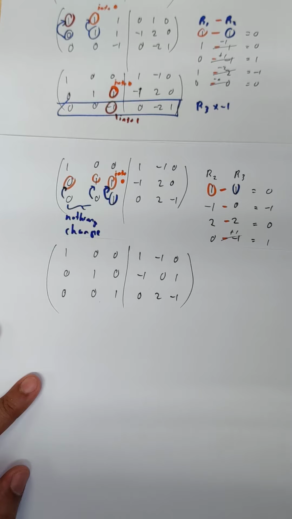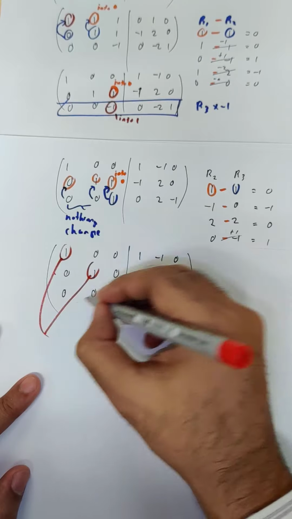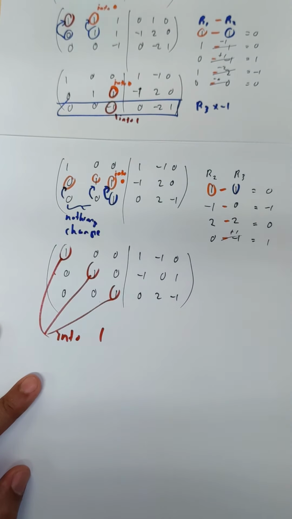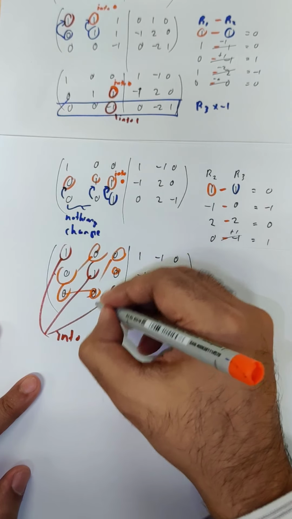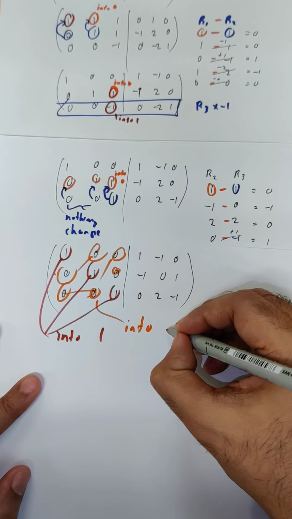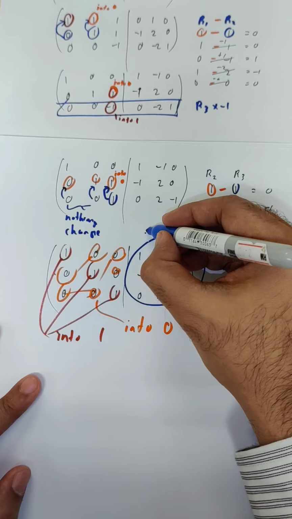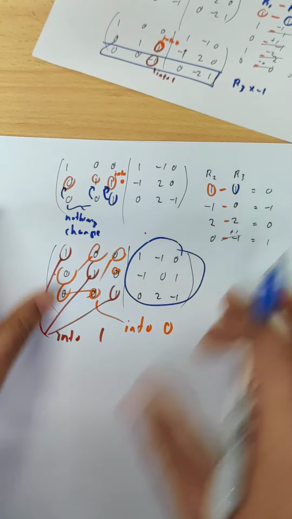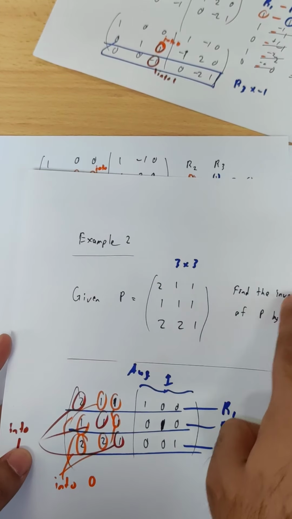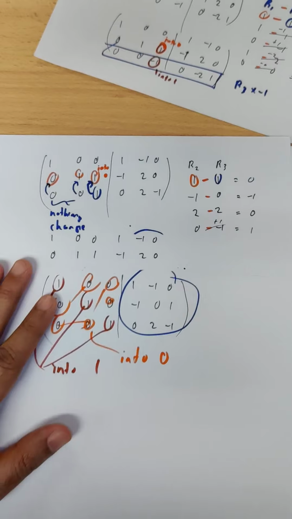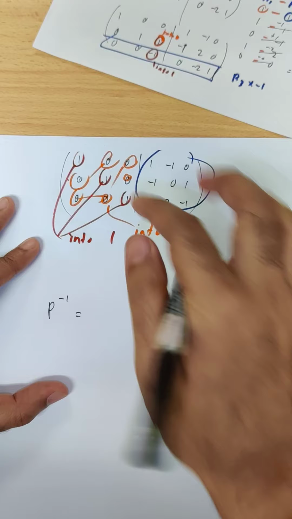Okay, so now we have reached what we were trying to achieve just now. We got ourselves 1, 1, 1, as I mentioned just now, into 1, and the rest of it remains as 0. So if we have reached here, what does it mean? This one is your inverse. Inverse of what? Well, at the beginning of the question, you were given P is this one. You would like to find the inverse of P. So remember, at the end of it, you need to write this down: P inverse is all of this.